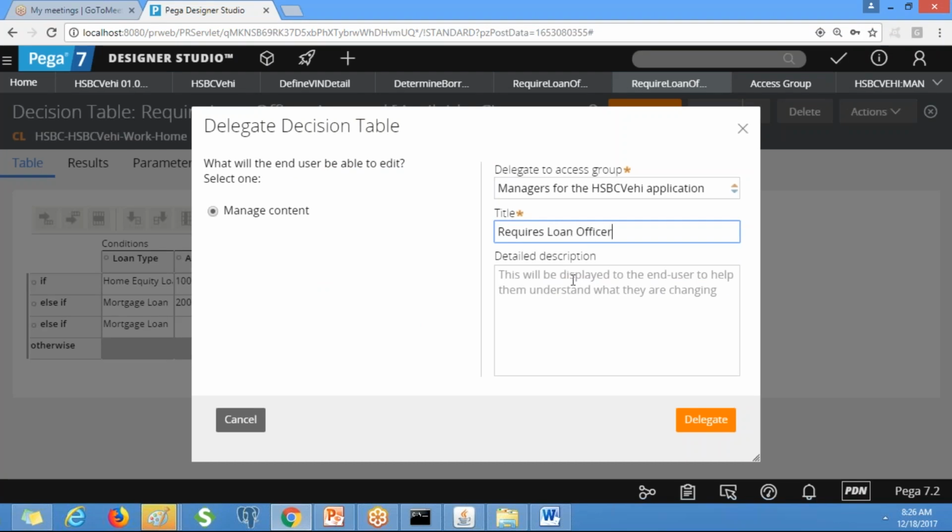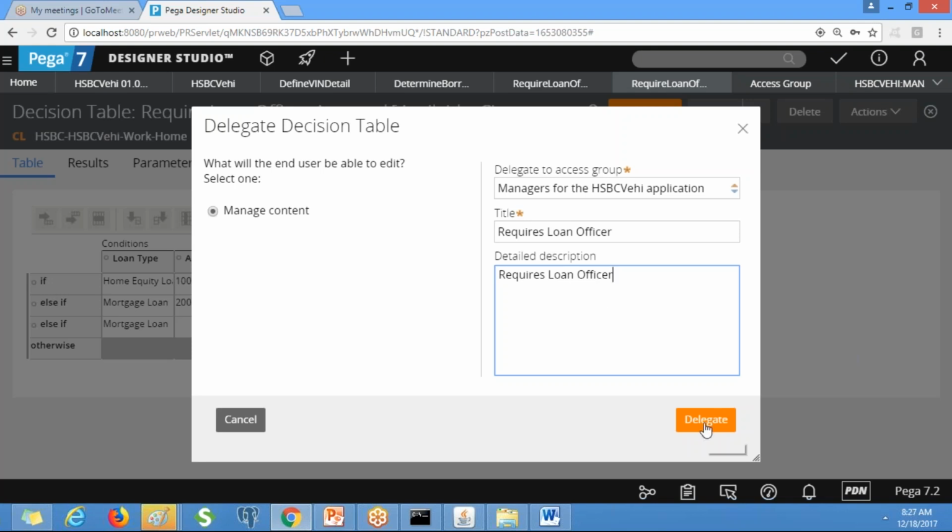So you can describe something about that role here, with a detailed description, depending on the details for this kind of purpose.